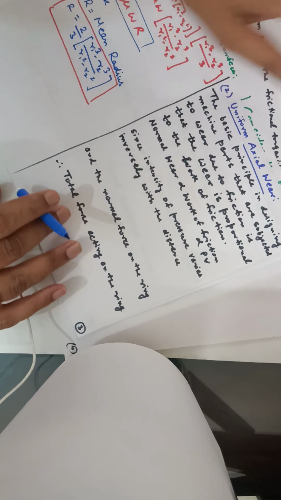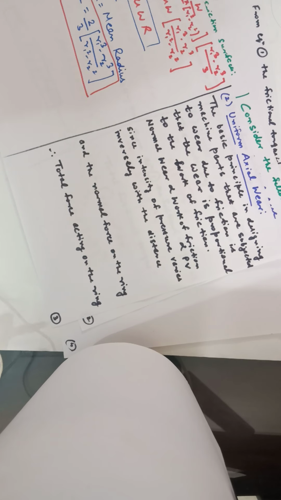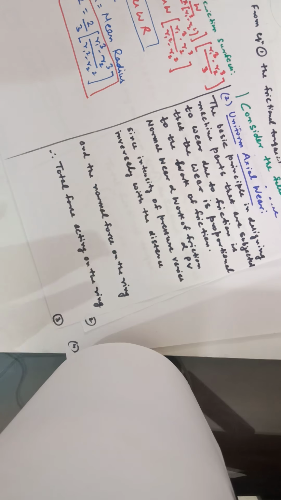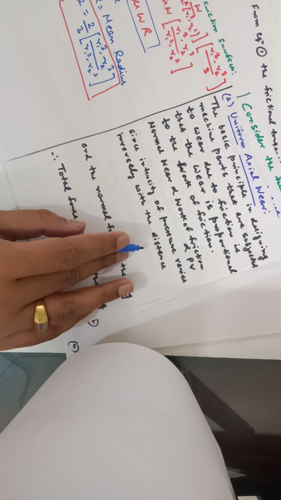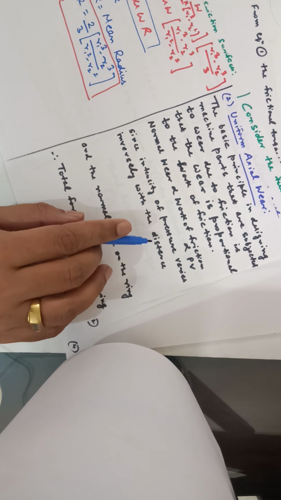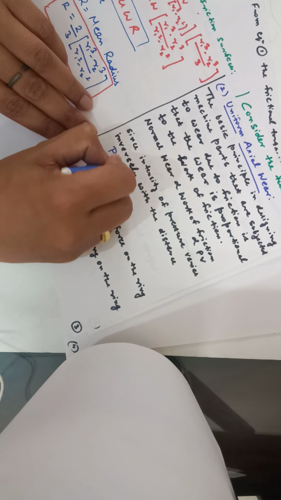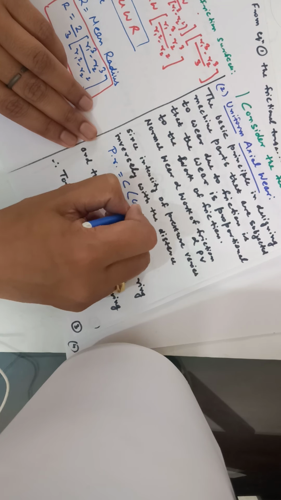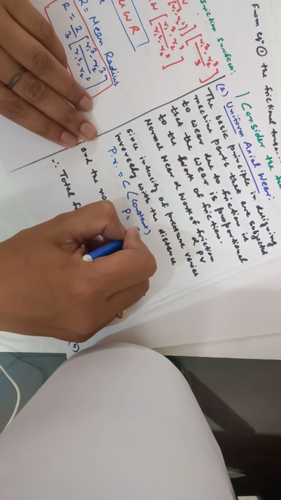Now, considering the other case, the uniform wear theory. In uniform wear, what we can say is that the amount of friction work must be proportional to the amount of wear occurred. That means the normal wear must be proportional to the work of friction. Again, we know that the intensity of pressure must be inversely proportional to the distance. That means the intensity of pressure varies with the radius of the clutch. So we can say P into R must be equal to C, that is a constant. So from here we can write P is equal to C upon R.